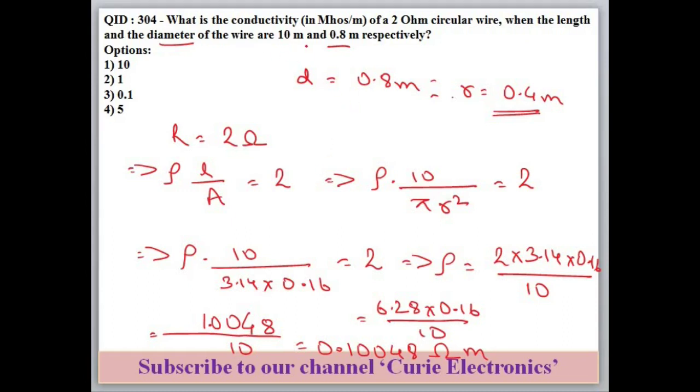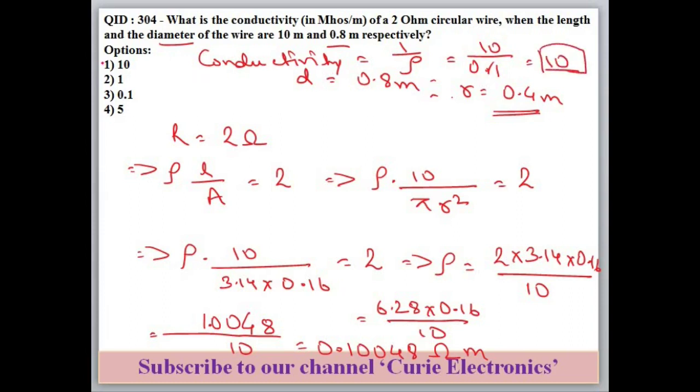What we have to find? We have to find conductivity. Conductivity is just the reciprocal of resistivity. So 1 by 0.1, we can write it nearly 0.1. If you remove the decimal, answer will come 10. This will be your answer. Don't confuse between resistivity and conductivity. We have calculated resistivity, we have to calculate conductivity. So conductivity is the reciprocal of resistivity. We just made it inverted and our answer is 10.